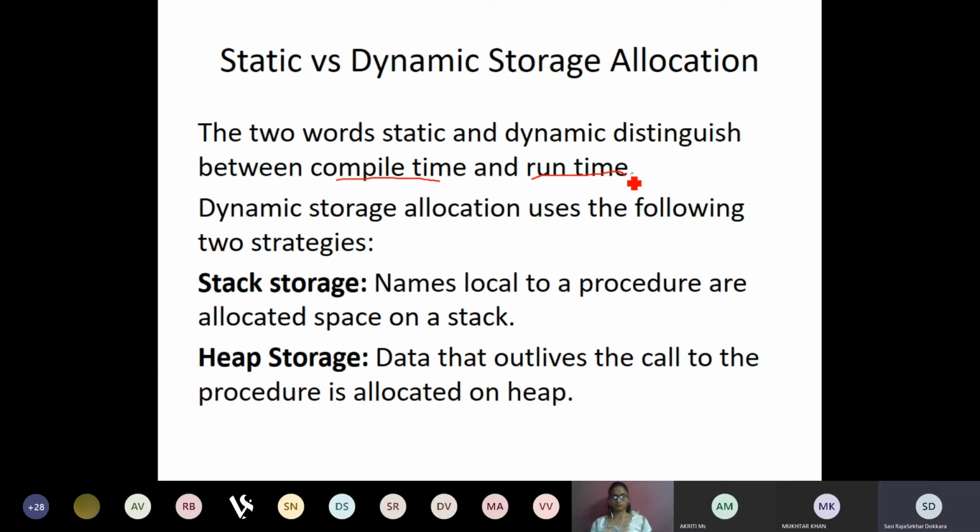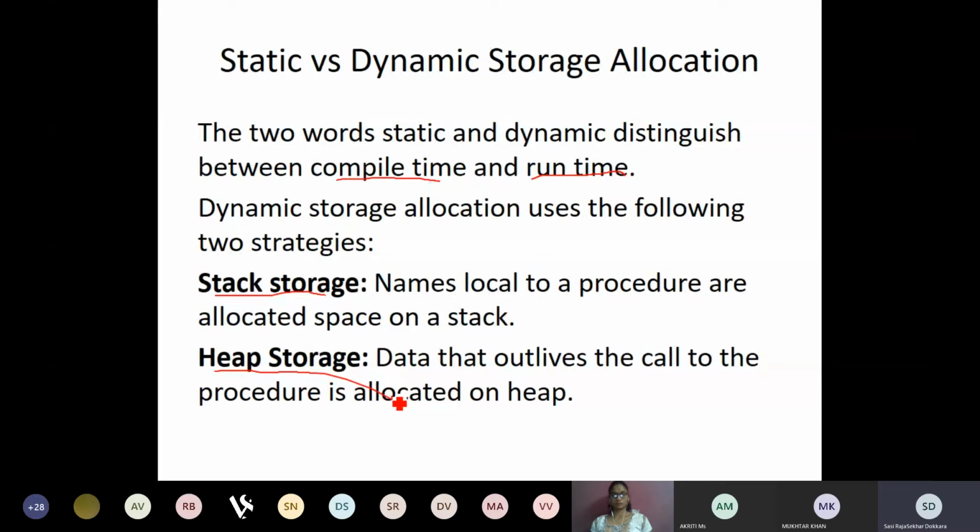So that is very easy. But when it comes to dynamic storage allocation, these are the two strategies that are going to be used. One is the stack storage organization, and the other is the heap storage. Now, why don't we use one? Why do we use two? I need not talk about stack and heap here. You all know they are two different data structures. The way they are organized is completely different to each other. But one thing that is common between these two is that both of them are dynamic storage allocation strategies.